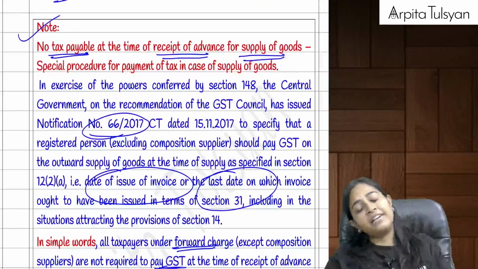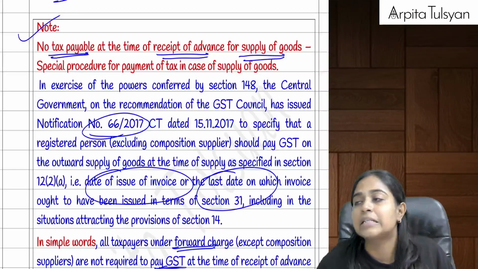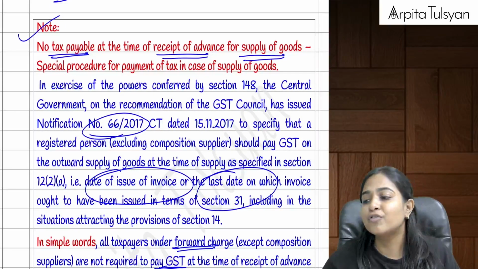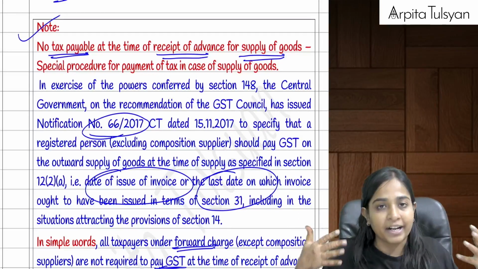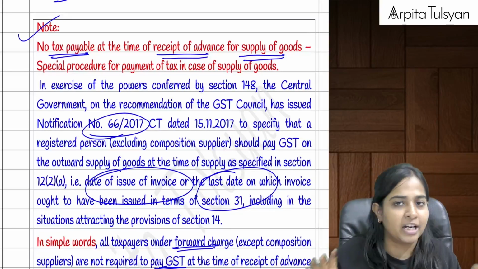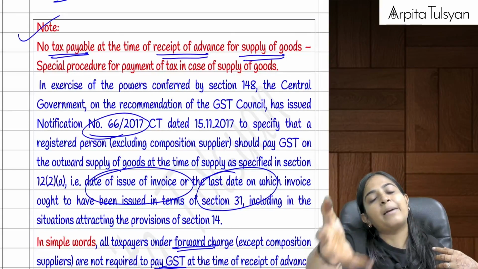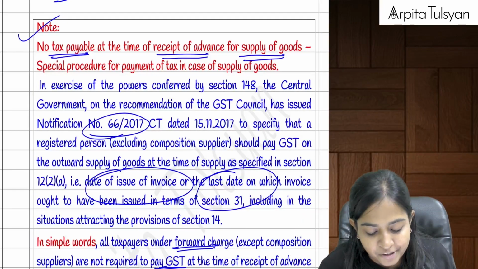Then after that we had discussed about a notification, that is notification number 66/2017, which was talking about advance payment. Let's say we have entered into a contract that I'm going to sell you the goods under forward charge. Normal means I'm going to sell you the goods, I'm going to collect the tax from you, and I'm going to pay it to the government. But in this particular case,